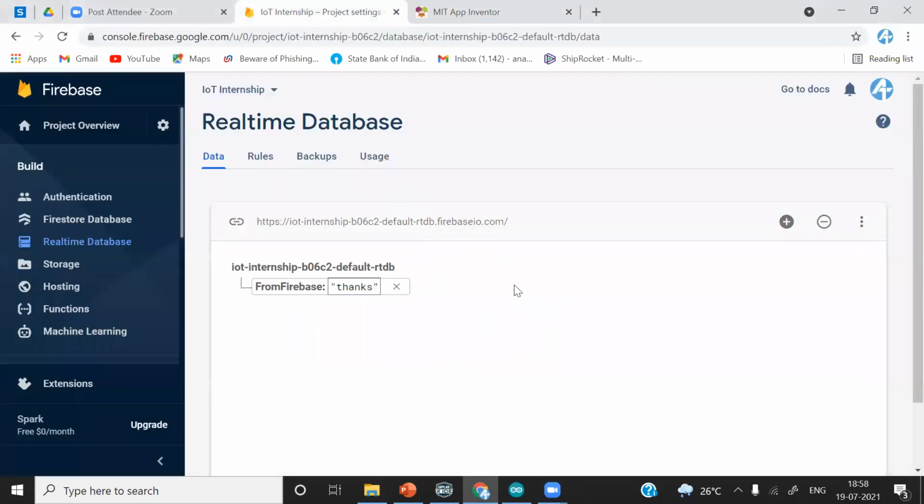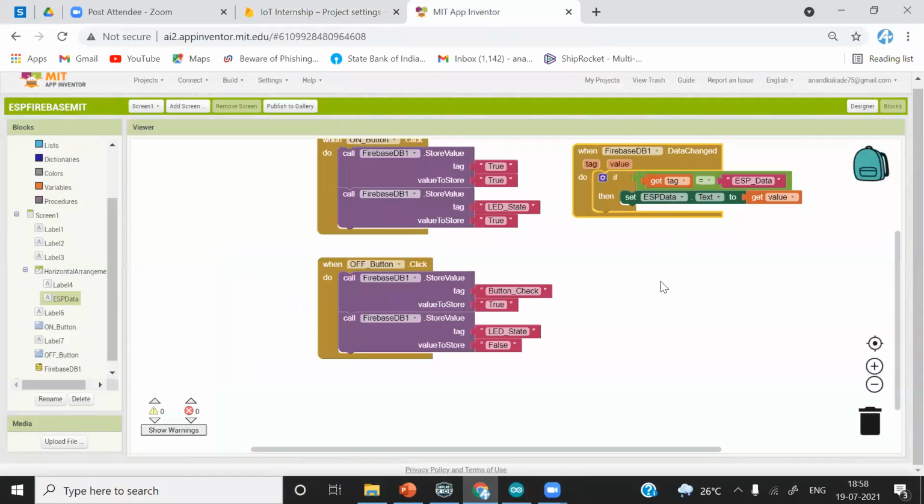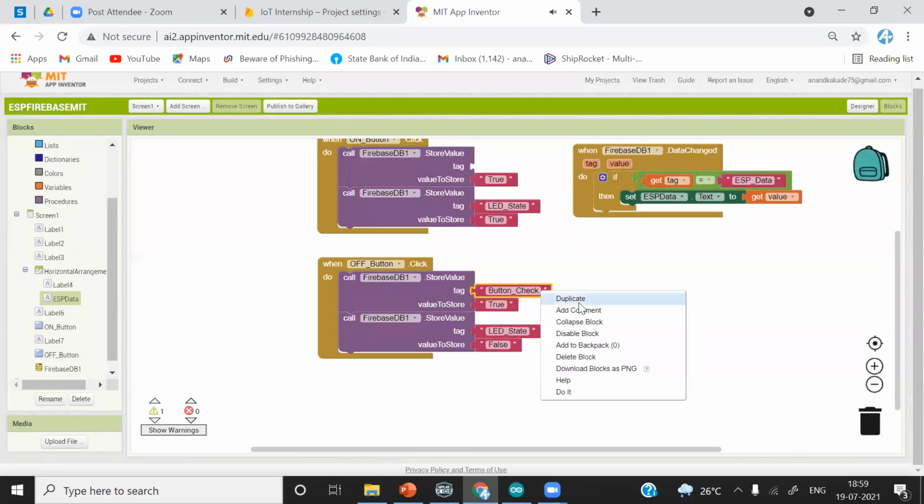Now what I will do, I'll just simply click on it. You can see that the LED state is true when we press this on button. And after we press the off button, you can see the LED state change to off. Okay, by mistake I put this true. What we need is this.